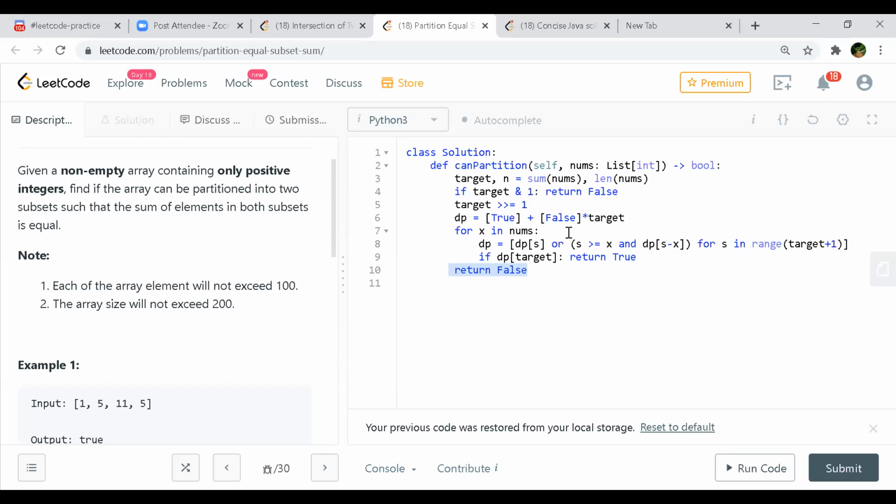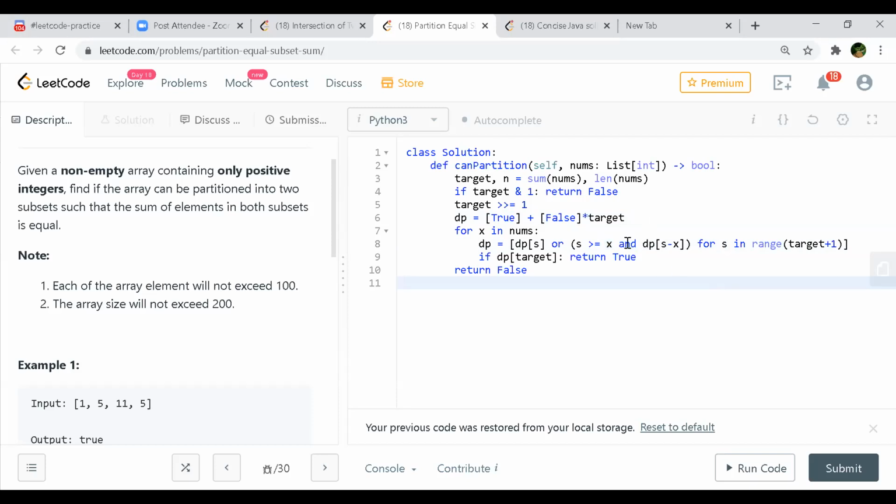So you are using just 1D DP. Yeah, 1D DP. Your line 8, what it does is not very clear. So the for loop is S in the range of target +1. That is what executes first, right? Yeah, first this will execute. Depending on that, these two will execute. They are checking if the sum that you are checking in the target is greater than your X, then definitely it will split into two, right? X and S minus X, you'll have somewhere inside the DP.